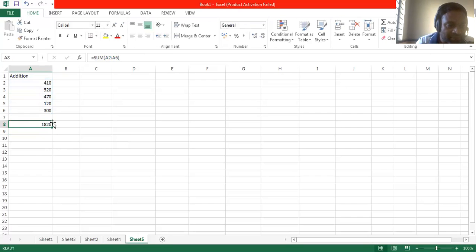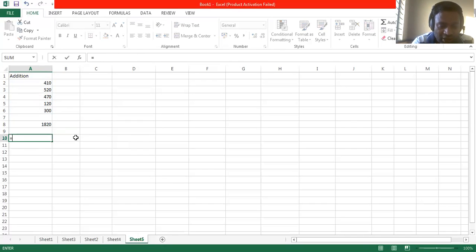Now one more method. I want to display the total by applying another method. See, equal to, and I'm not going to use the sum. Open the bracket, A2, which is 410, A2 plus A3 plus A4 plus A5 plus A6, and close the bracket.